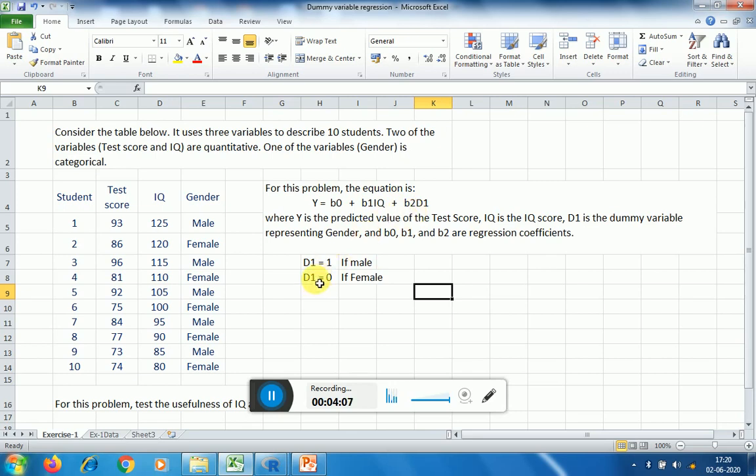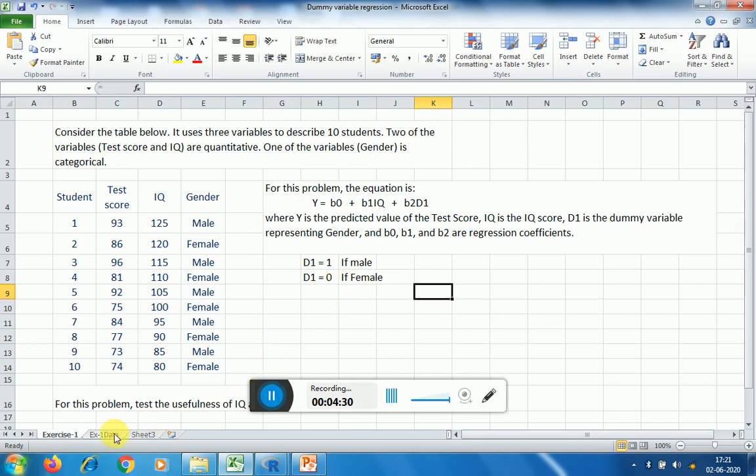Here we take d1 equal to 1 if male and d1 equal to 0 if female. So we represent the values for gender using such nominal or categorical data.